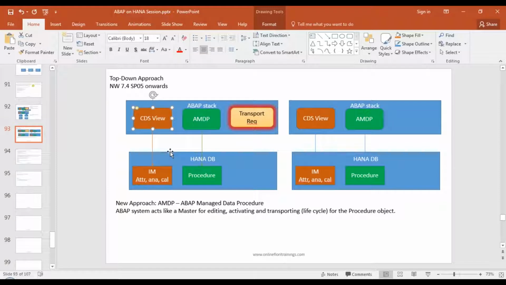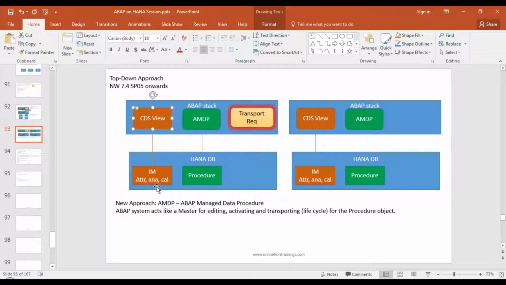A CDS view is basically an abstraction of your ABAP to database layer, which allows you to model semantically rich data models, which used to be information models in HANA DB. Now you will build a semantically rich data model in the ABAP stack, and on activation it leads to creating the corresponding database view in the database system.